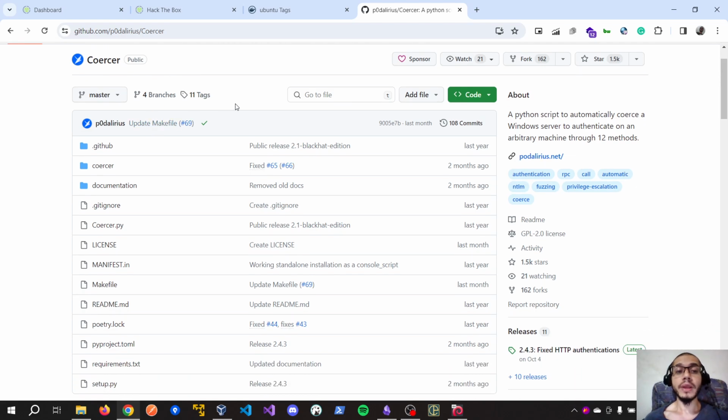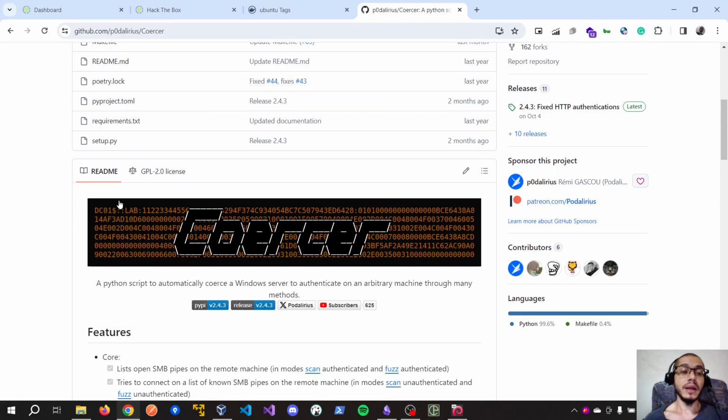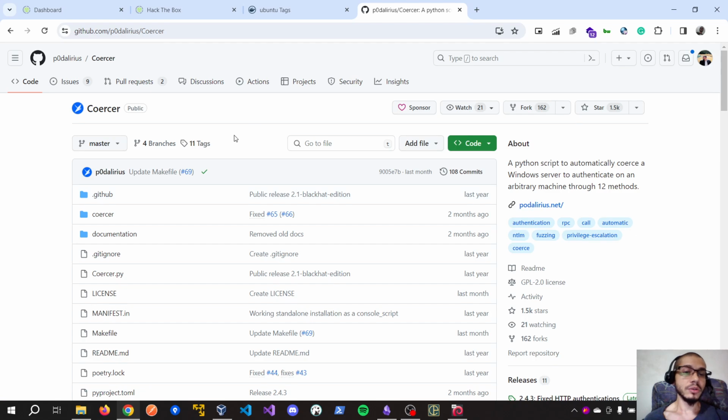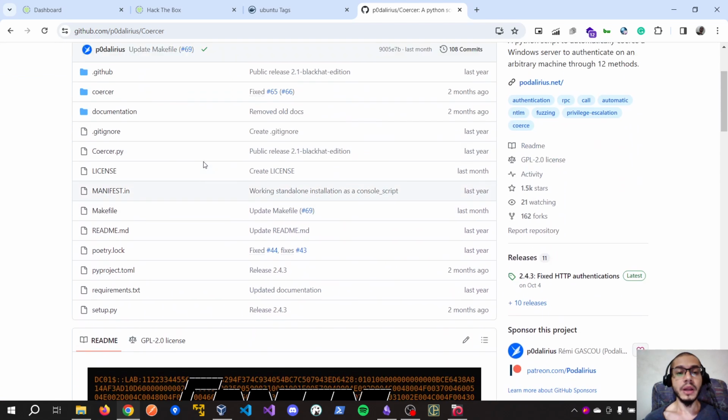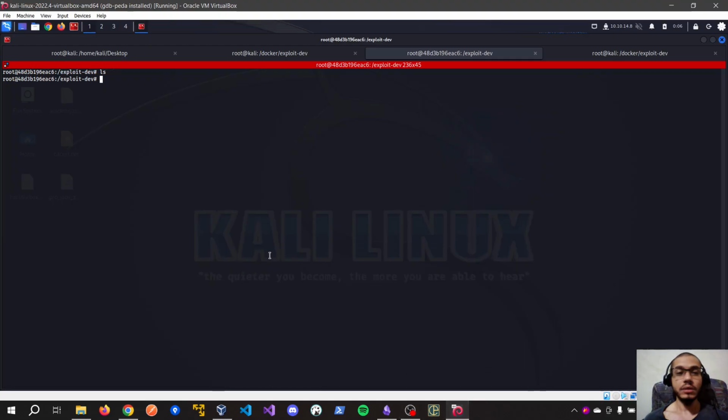This way, we can steal its NTLM hash that is used to authenticate in a Windows environment. I'm not going to give you so many details here because the focus is on generating our binary without all of these dependencies. Okay, so let's do that.